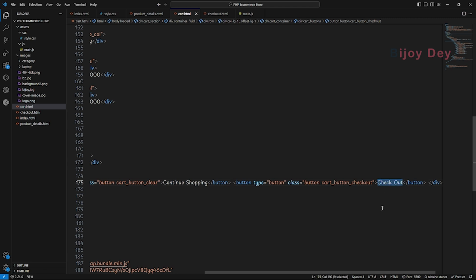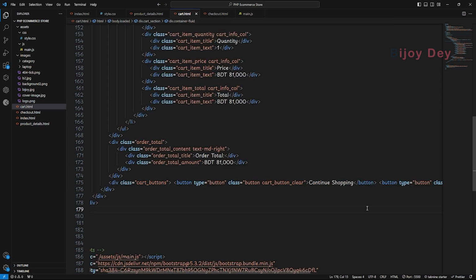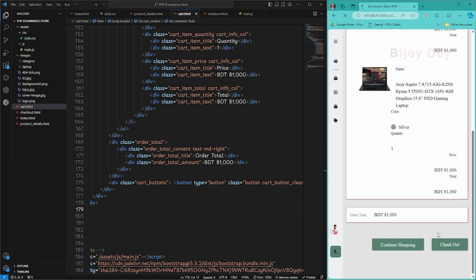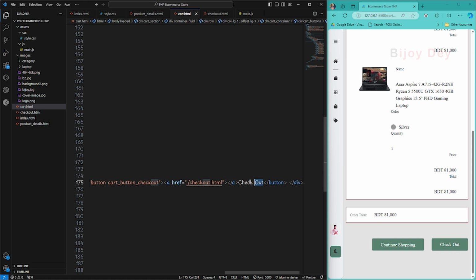So when user click this button checkout, I need a card, in a tag used here and nothing for it. Okay,